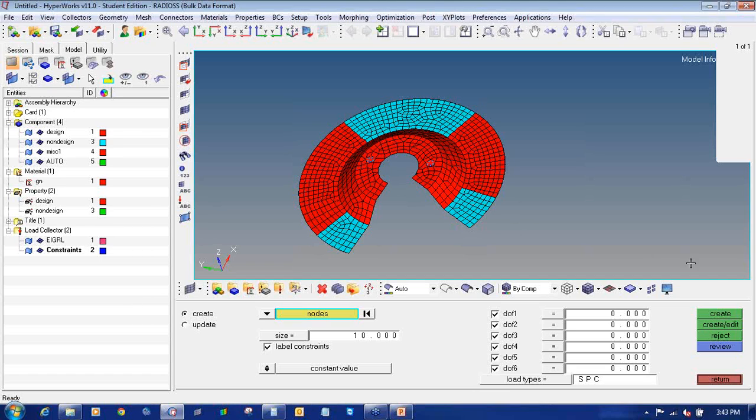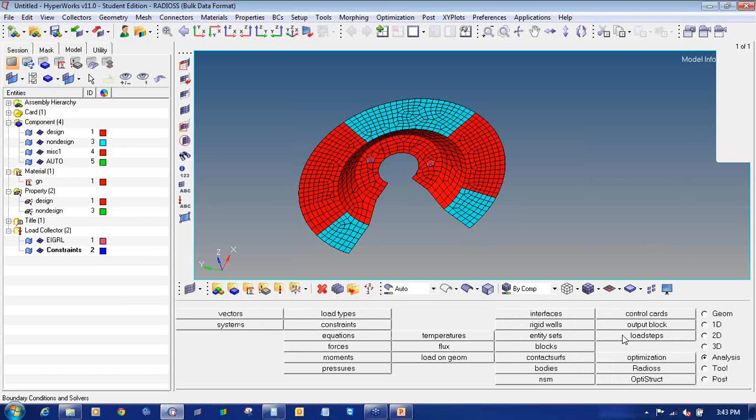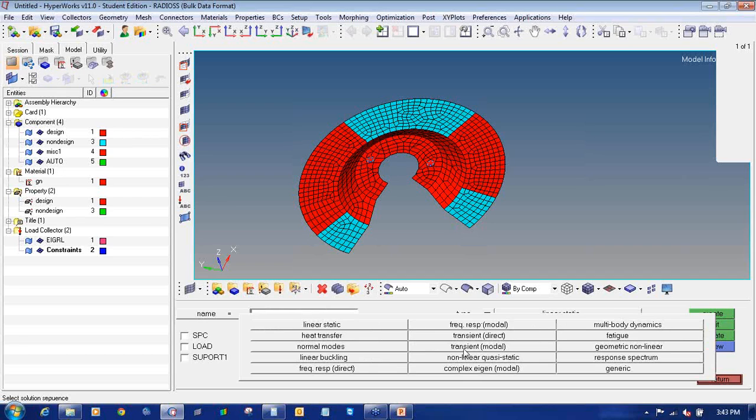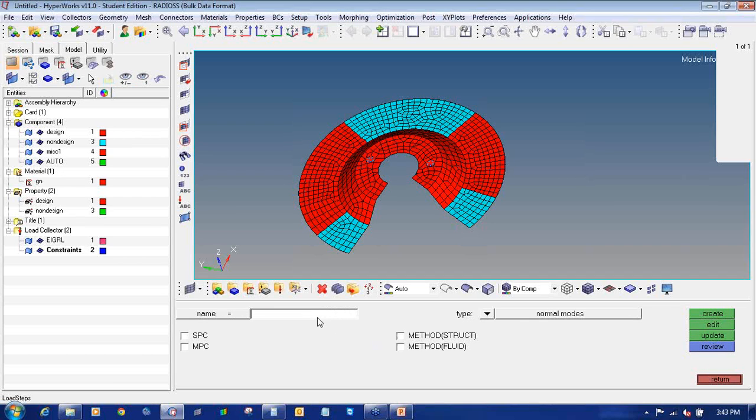We will solve this model, but before that we have to define the type of analysis. So we'll create the load step. We'll go to analysis, load step, select the type of the load step as normal modes, enter the name as bolted,